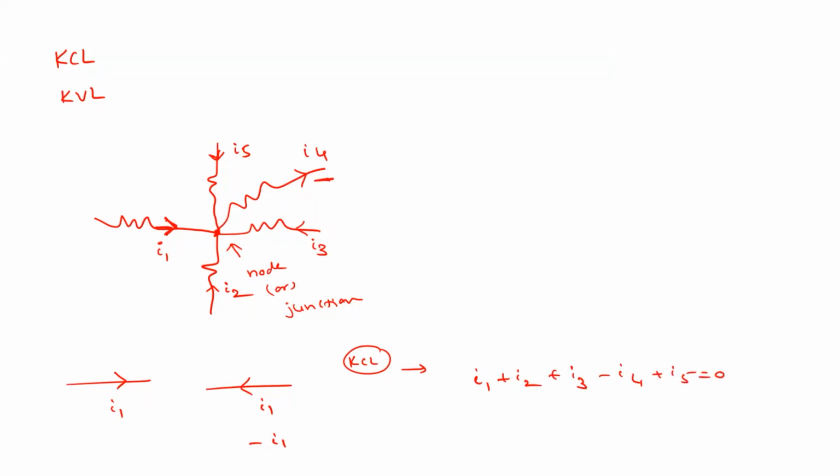There is no compulsion as to whether it is leaving or entering. If everything is multiplied by minus, the result is the same. Clear? So you need not remember the sign convention. If you take the current entering as positive, then the current leaving will obviously be negative. This is how KCL states.